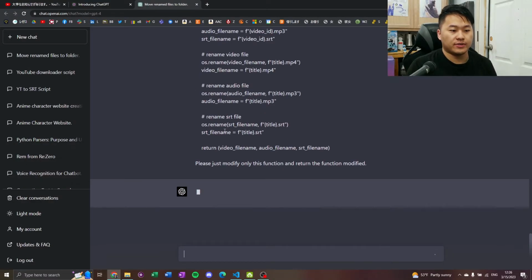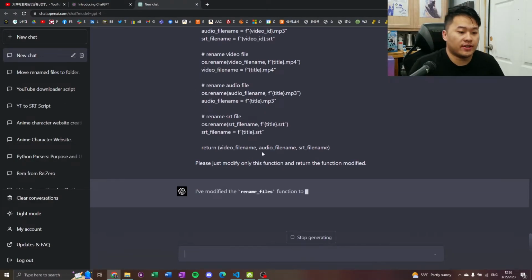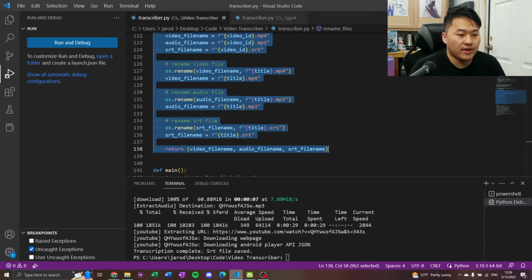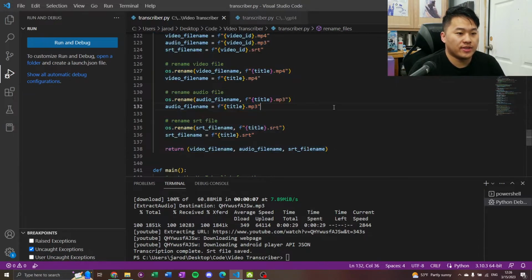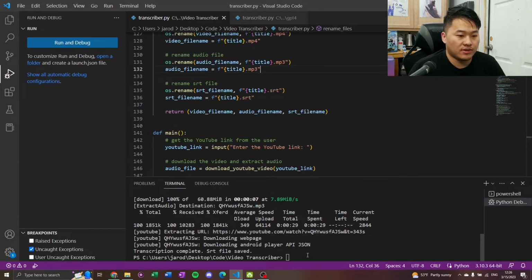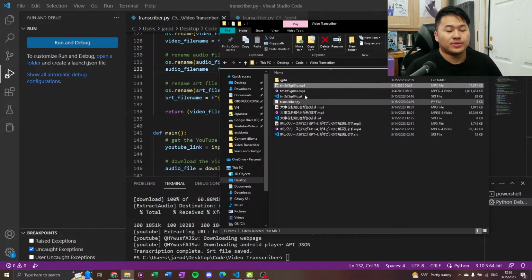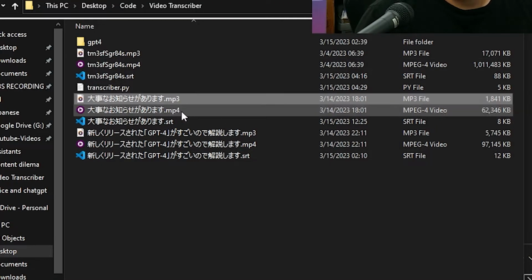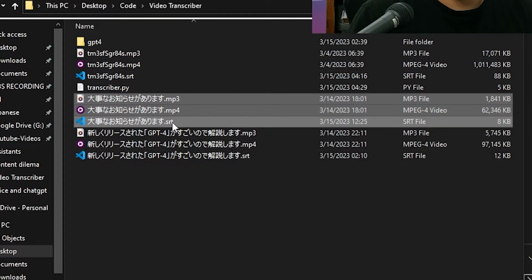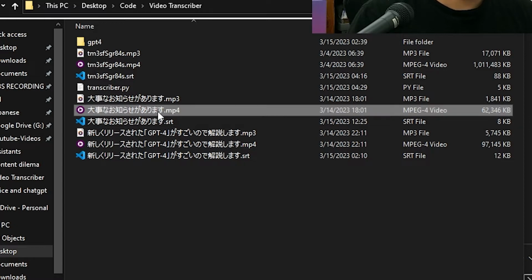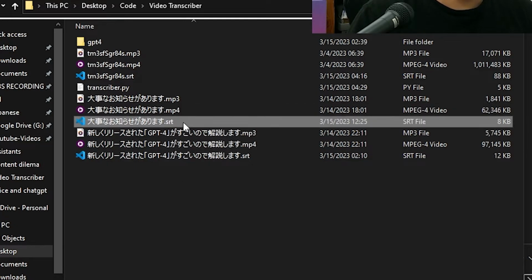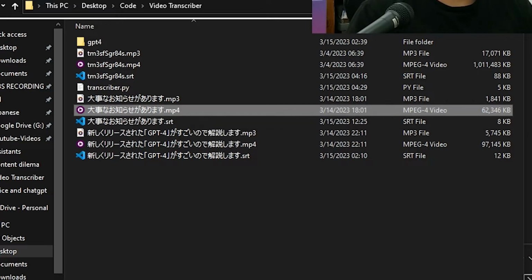Okay, so GPT-4 is super slow, so it's gonna go ahead and write this out. Meanwhile, let's go ahead and check what the VS Code did. It is all complete, and let's go ahead and open up the folder. And as you can see, that random string of characters is now gone, and we have these three files right here. So we have the video, and then we have the SRT file. So if I go ahead and open up the video,